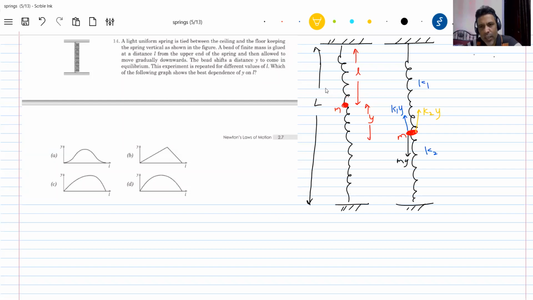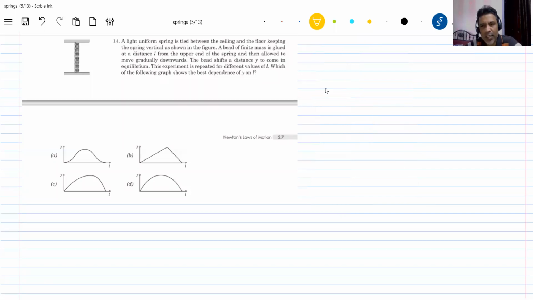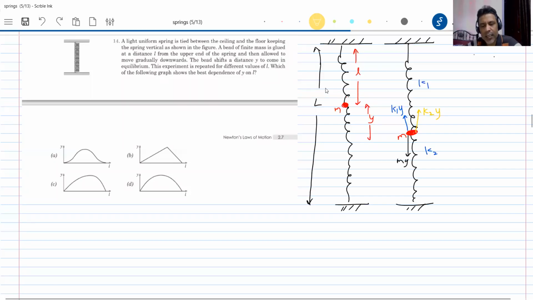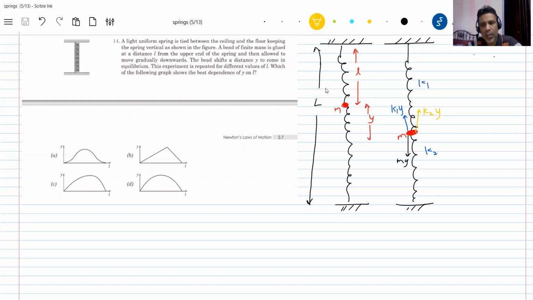A spring elongated, the spring force will act in such a way that... yes, the upper spring is elongated, no? So K1y will act upward. The lower spring, when it got compressed, wants to attain its natural length. I think I'm really helping you with this particular diagram; at least looking at this diagram, you should follow.